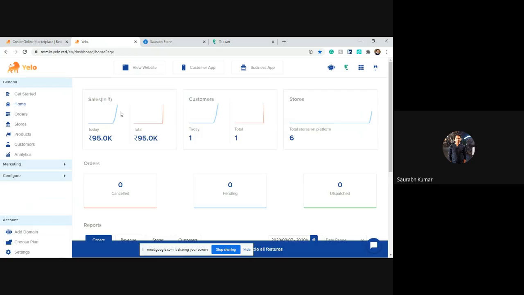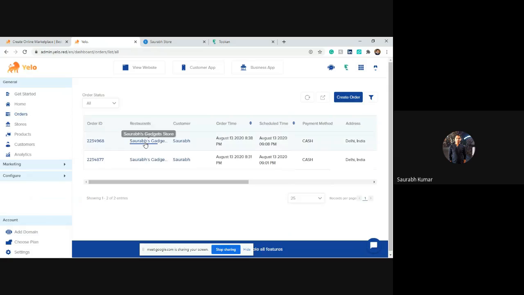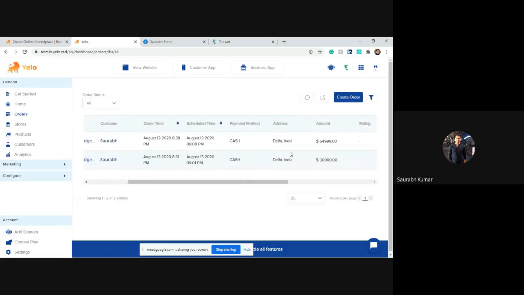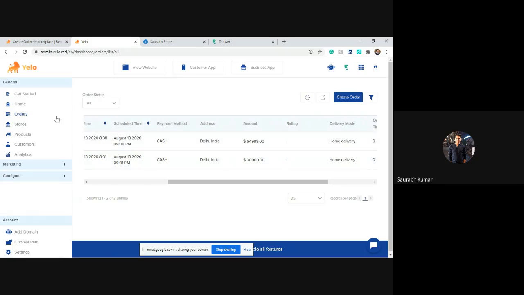Here you can see each and every data in detail, like how much revenue you have generated in a day, total revenue you have generated, number of customers you have, number of stores you have. And also in the order section, you can find out the number of orders you get today, and you can sort them into pending orders, process, pickup, dispatch. There are various filters available through which you can filter each and every order and find multiple ranges of orders placed by the customer. You can directly accept and reject the order from this panel also. So as an admin, you will have the access to control from here.